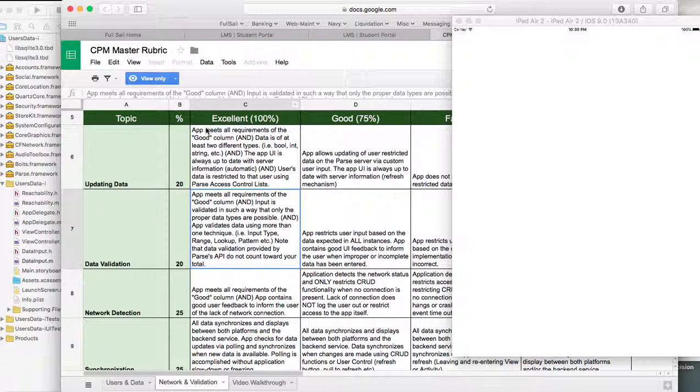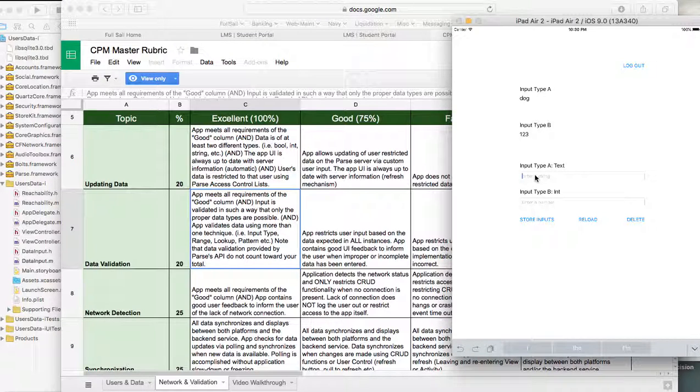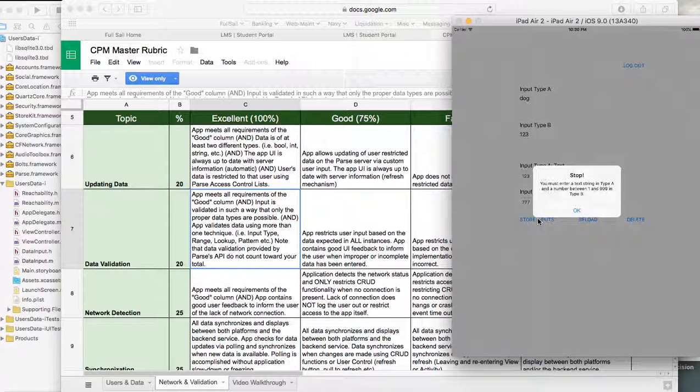So the application meets all requirements of a good column and data is of at least two different types. Good column being you allow user restricted data, and that was done last week, so yes, it meets that. And then I'll show you, you require a string in this first text block right here. So if I put a number in, and then right here type B, that number has to be between 1 and 999. So if I try to store this, of course type A is not a text, so it gave